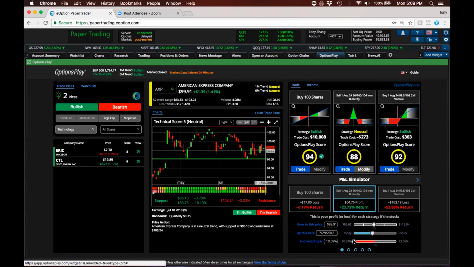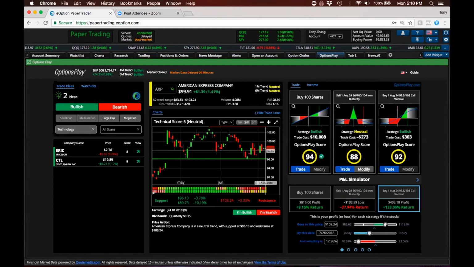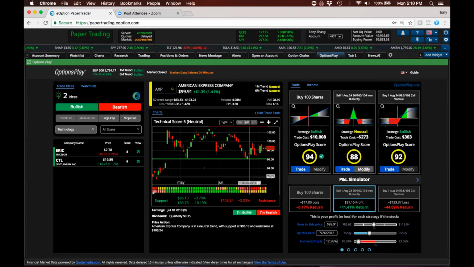So this is really where you can use these sliders to actually learn more about how time and volatility affect each strategy. If you have this iron butterfly, as you can see, if the stock stays where it is and time goes by, you make more money. And as volatility goes down, you also make more money. So absolutely. But again, this is only a strategy if you expect the stock to stay where it is, because if the stock moves in either direction, you're going to lose money on an iron butterfly. Typically with earnings, you expect a move, but if you don't expect a move, then you can certainly trade an iron butterfly. Great question.